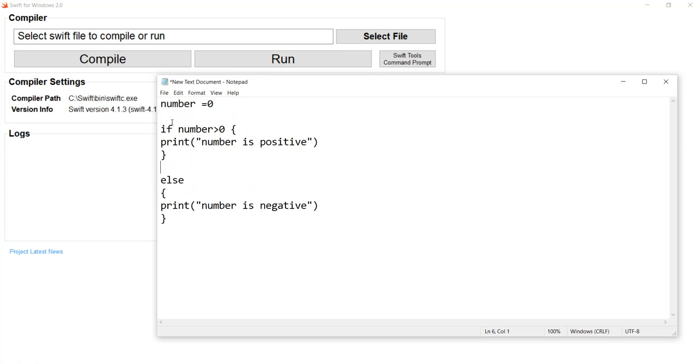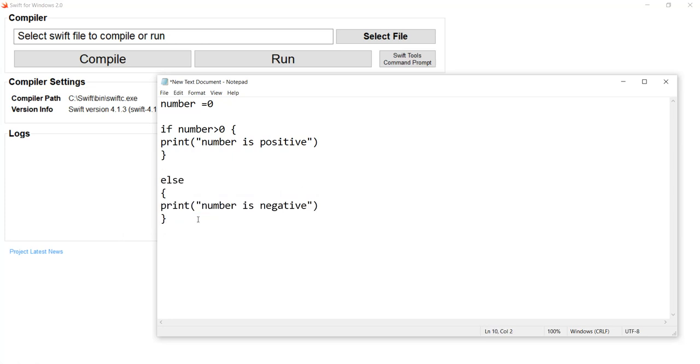So there's an if part which is going to have a condition. The condition right here is number is greater than 0, and there is going to be a statement or set of statements to show what happens if the condition succeeds or is true. If the condition is false, the control is going to the else part, where this particular statement or set of statements will be executed. Now I'm highlighting the else part here.